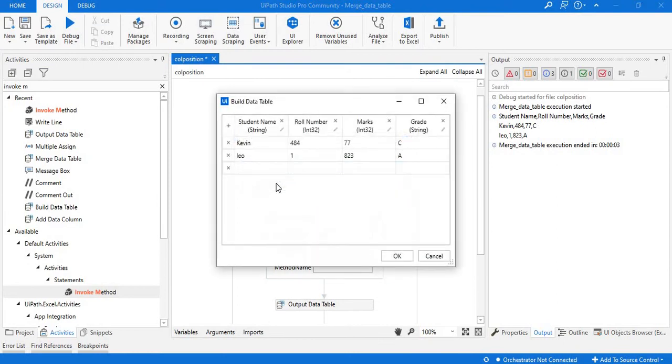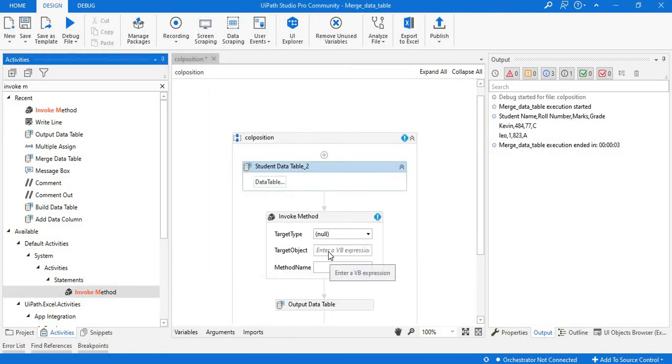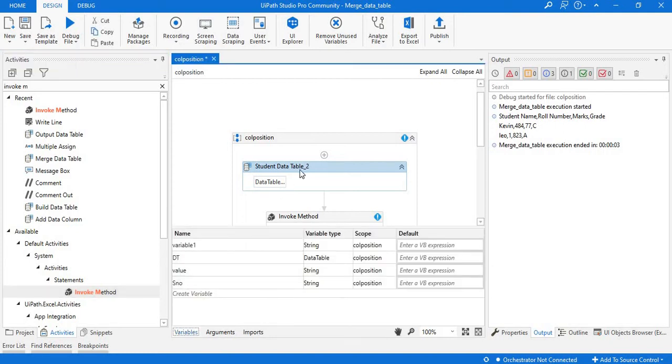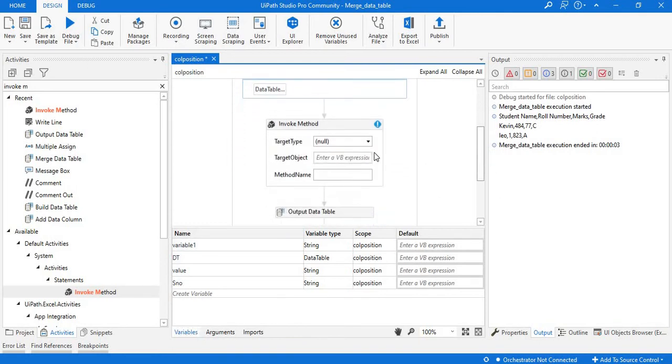Here I'm going to move my roll number, which is available in the second position, to the first position. As the column numbers are presented in the form of 0, 1, 2, 3, I'm going to keep my roll number in the 0th position of my data table. So let's do it. Here for my target object, I have the variable called dt related to this particular data table. So let's update it here as dt dot